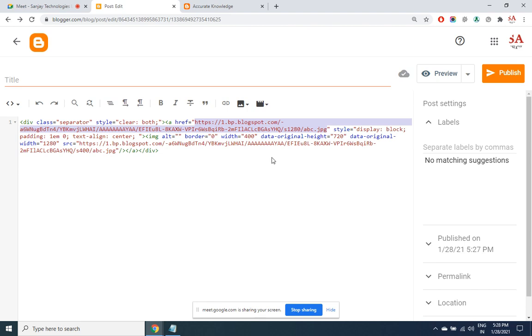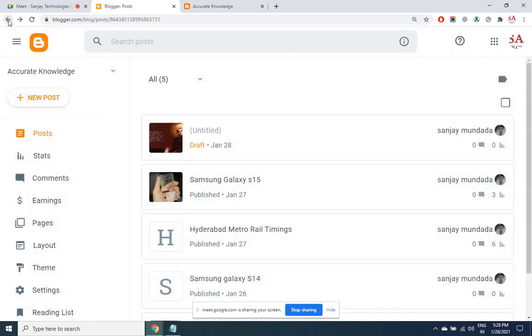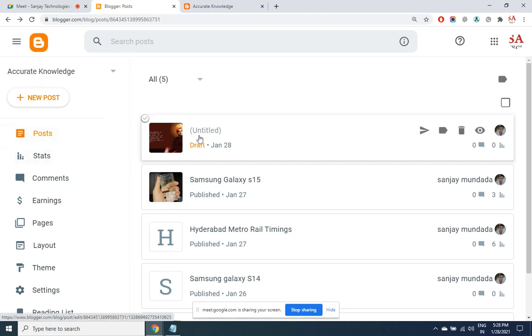Now remember, we don't have to publish it. We can leave this post as it is in the draft mode. Now the copy of the image which is there in my system is now present in Blogger server. So I don't have to be dependent upon any other website. So even the Samsung image that we have taken the URL, better you right click and save that image in your system, then upload that image in your post. If you want to publish it, you can, or you can leave it in draft mode also. Both ways it will work.